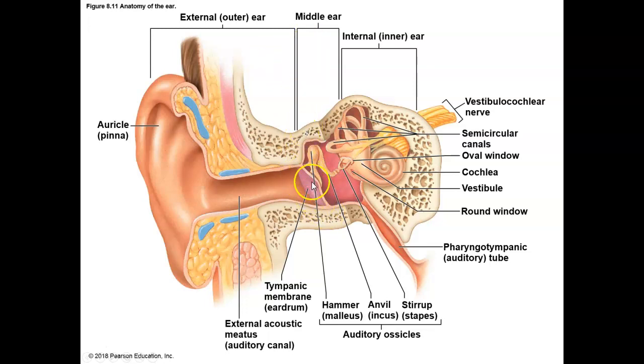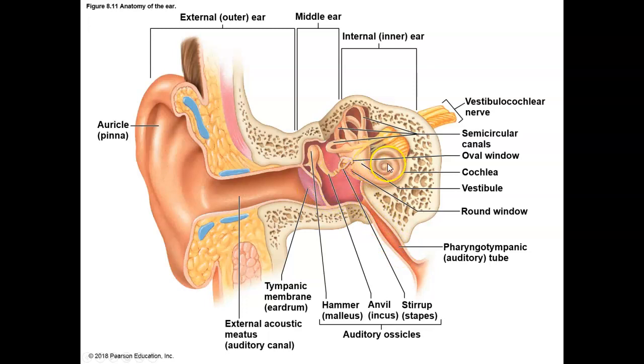The middle ear then starts at that tympanic membrane and houses the three auditory ossicles. These are the smallest bones in the body. We have the malleus, the incus, and the stapes. And then we end the middle ear at the oval window here, or the round window. Also within the middle ear, we have the pharyngotympanic tube, or the eustachian tube, which is what reduces the pressure